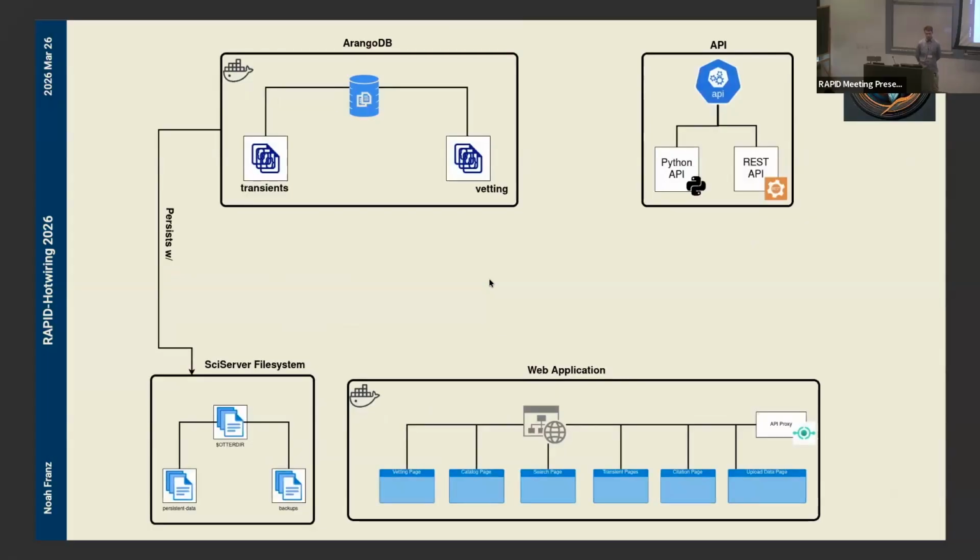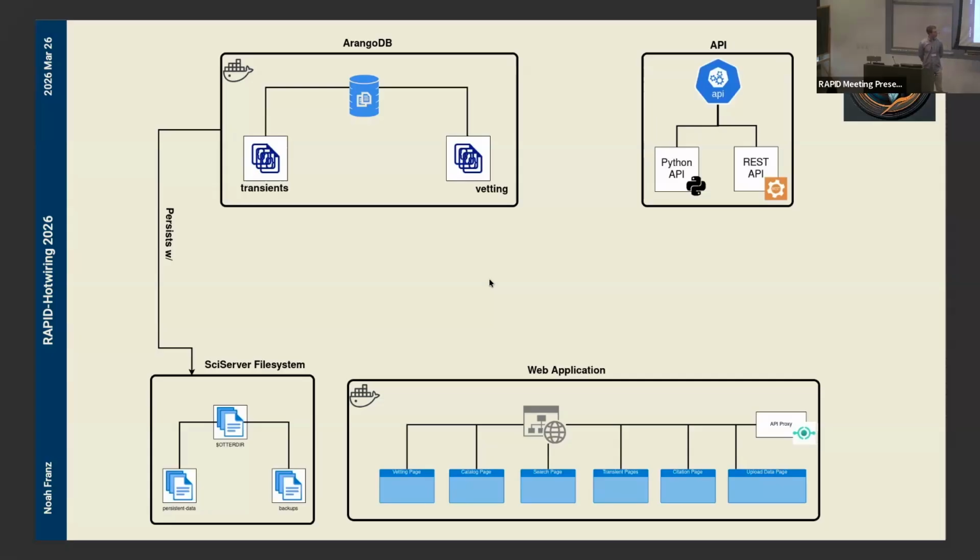So in the top left, we have the database. The database, unlike a relational SQL database, is basically a storage of a bunch of JSON documents, but in a really fast searchable way, making it scalable for things like Rubin and Roman. And currently, we have 2 different collections of documents in this database. We have the pristine transients collection, which is the user-facing one. That's what you all see. And then we also have a staging ground for new data sets to make sure they look correct before we make them user-facing. This is all hosted at SciServer, which is at Johns Hopkins.